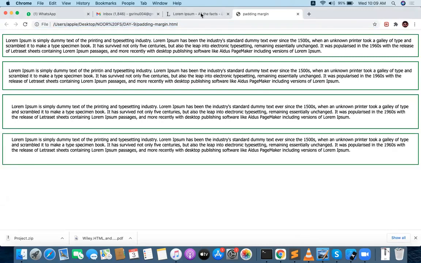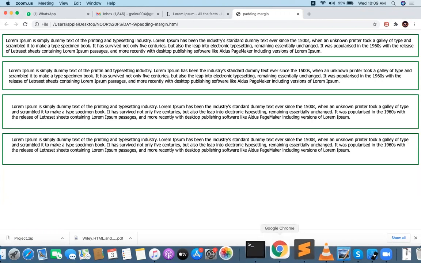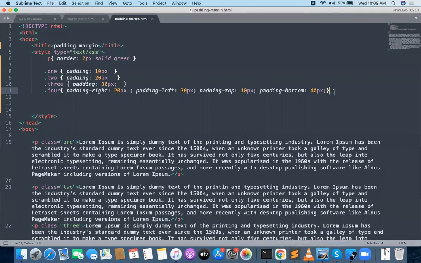So you can observe, the top is very less, and the left side is something, and the bottom is very high padding, large padding, and here also you can have a lot of space. But at the top level, I don't give the padding much. So if you want to apply different properties for the padding, you can go with that. It is possible.